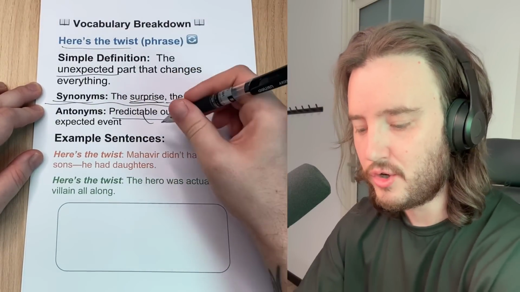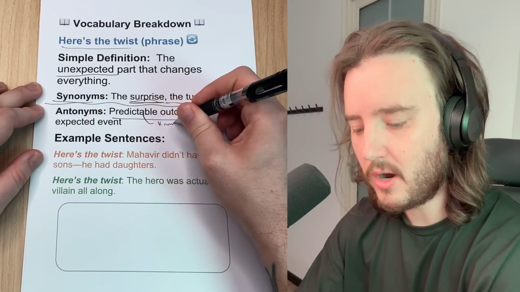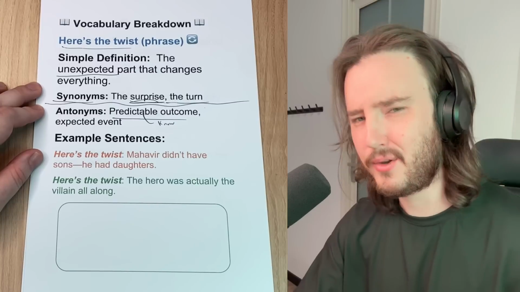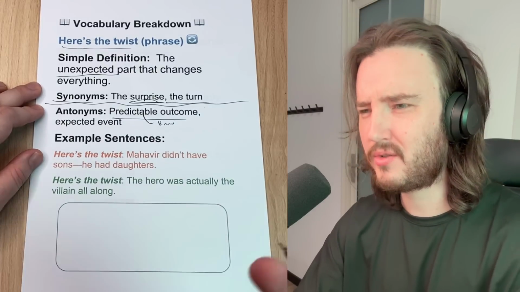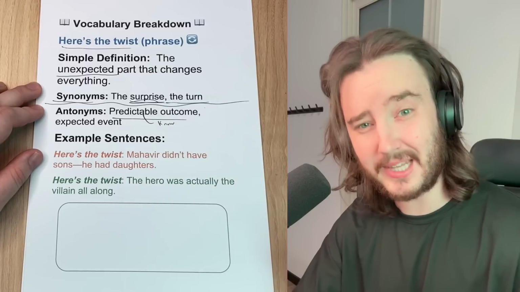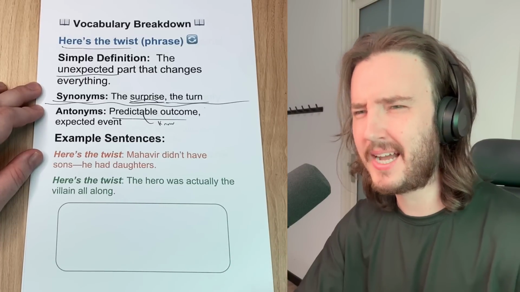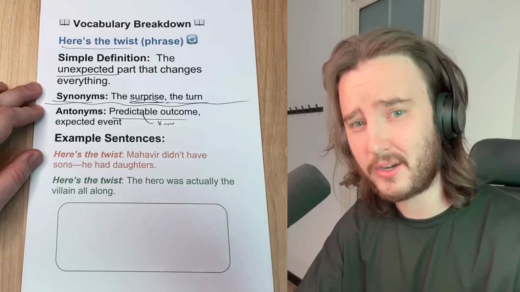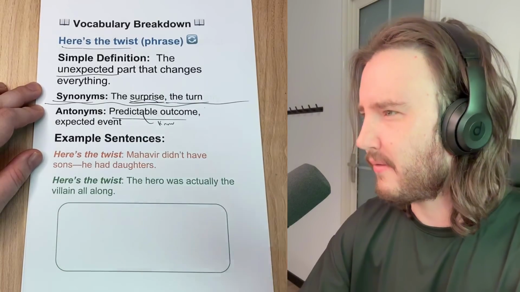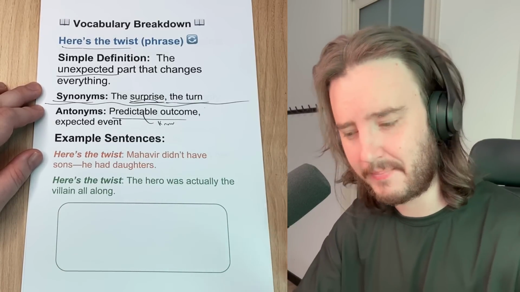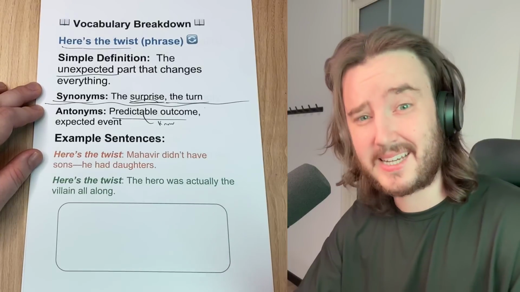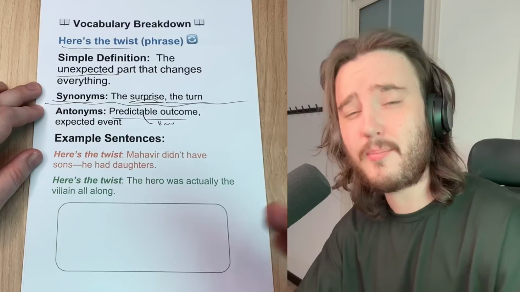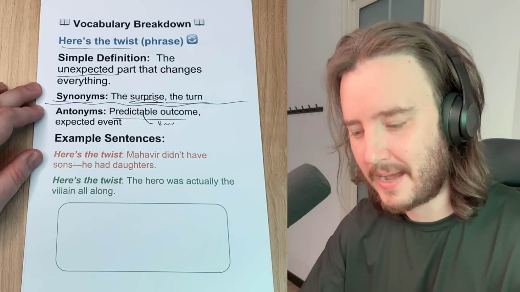Predictable means you know what is going to happen. If you're watching a movie, you think, okay, this man and this woman, they don't like each other right now, but I know they're going to end up together. They're going to be boyfriend and girlfriend. They're going to be involved with each other romantically, right? It's so predictable. I don't even need to keep watching and I know what's going to happen, right?